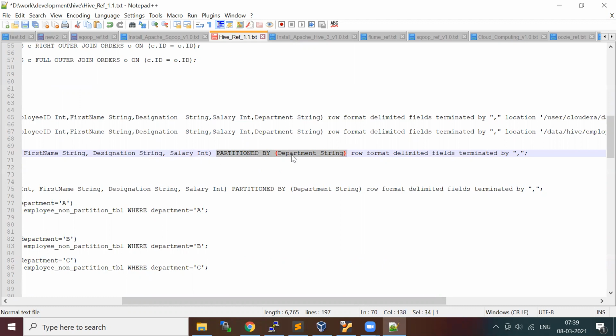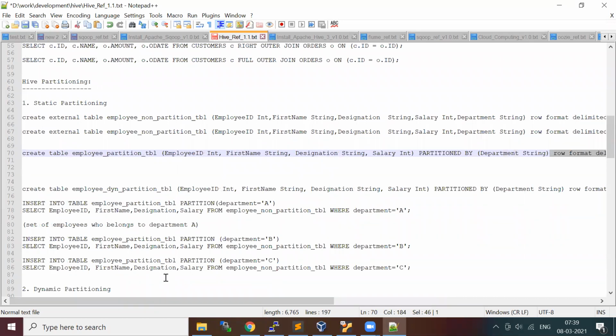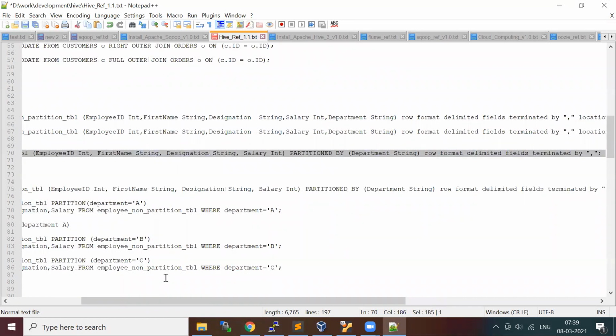I need to specify the column in partition by, the department column name and the data type. The remaining things I'm keeping default, comma separate input. If you don't provide stored as text file, it is going to be taken as the default text file. So let's create this employee table.